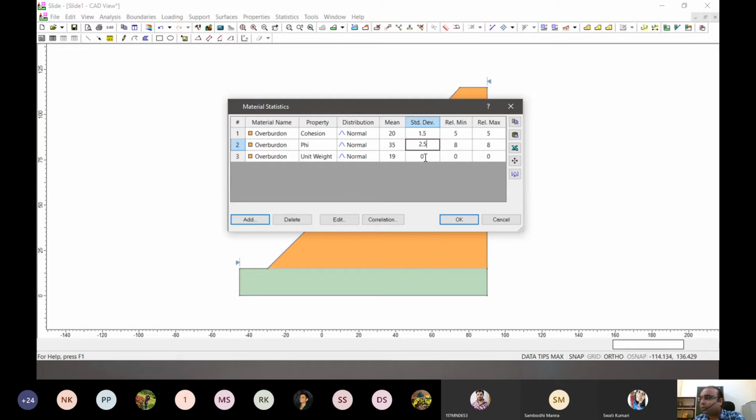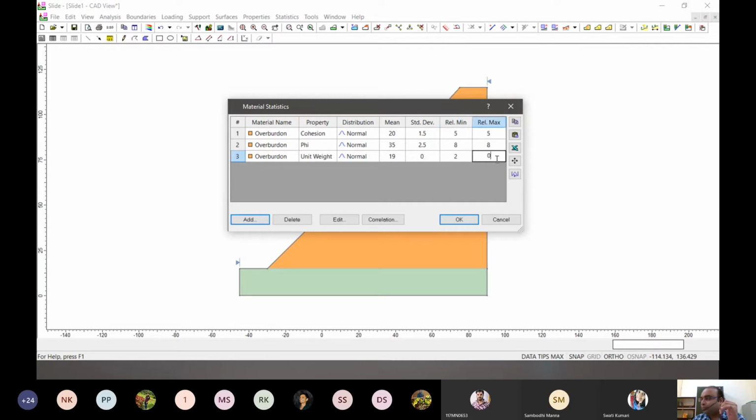Similarly for unit weight we have given 19. Unit weight won't vary too much below 19, because then it will be really fragile. So I think we can disturb the normal distribution a bit here. For relative minima, from 19 we can go to maybe 16, so 2.